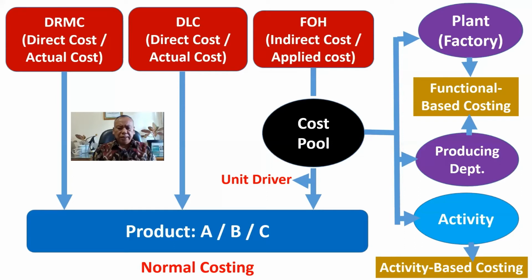How do we find the predetermined rate? Actually, the budgeted factory overhead divided by the normal capacity. The normal capacity or the available capacity. Now, if our cost pool is the plant,